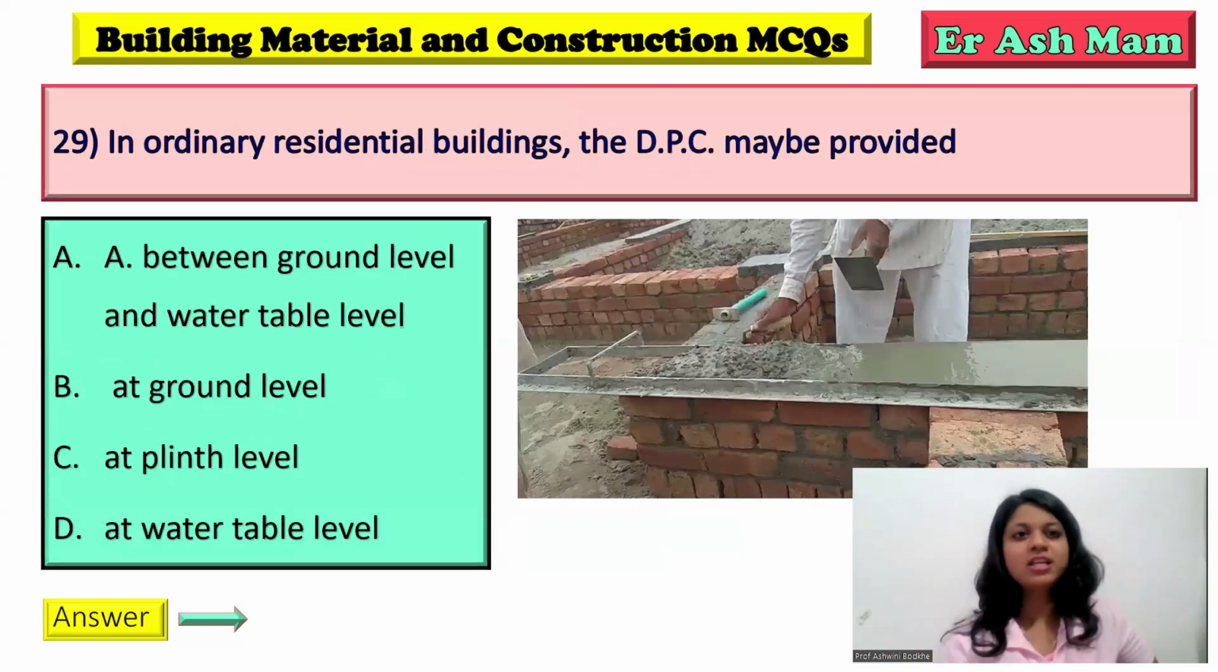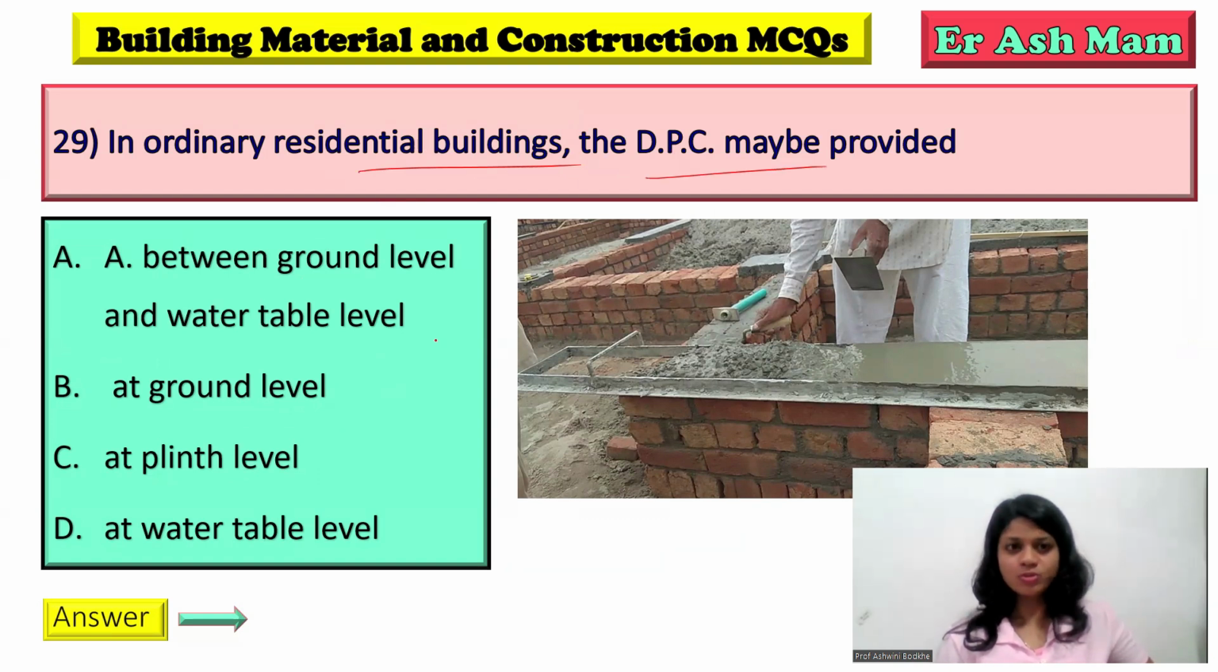Answer is A. In ordinary residential buildings, the DPC may be provided. Damp proof course. This may be provided at plinth level. So you can see at the plinth level, DPC is provided near about 100 mm, that is 10 centimeter of